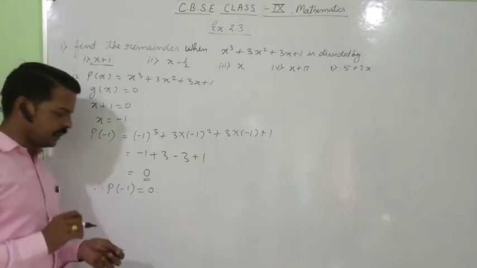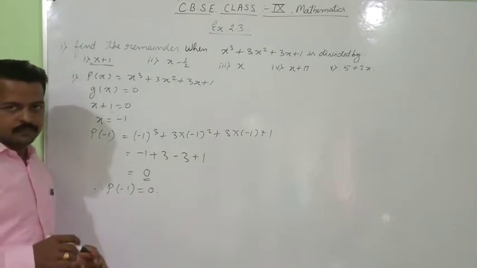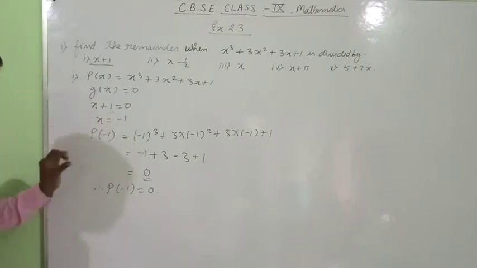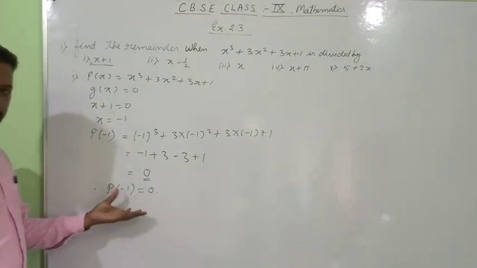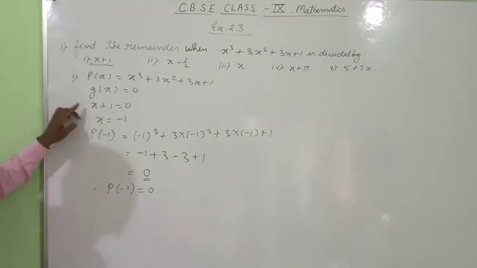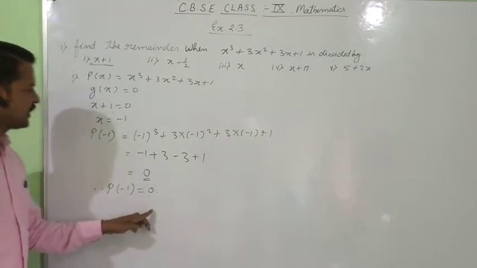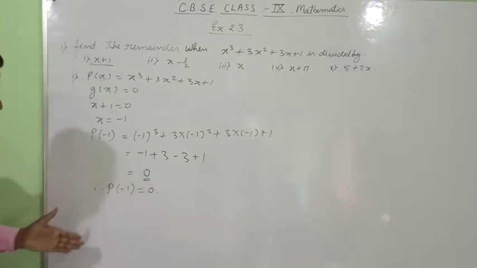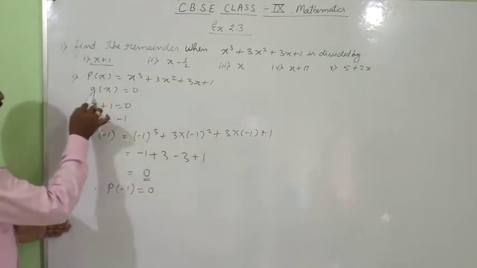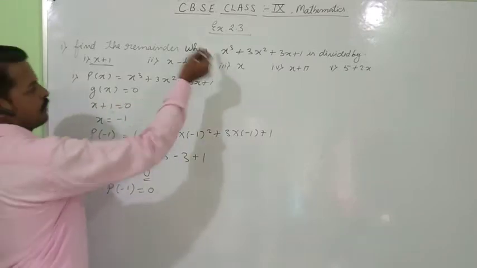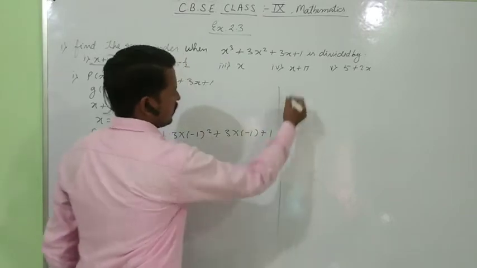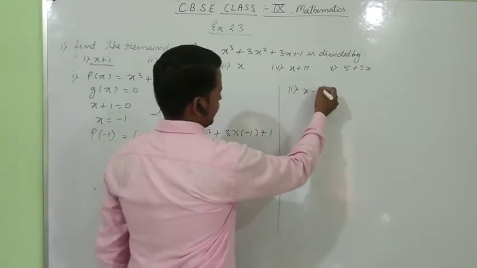In the next exercise we will learn how to find a factor, the factor theorem. Now I want to give one example of that because it is here only. If we are getting remainder as 0, we'll say that g of x is a factor of the given polynomial. So in this case you saw that the remainder came 0, so g of x, which is the divisor, will be a factor of the given polynomial. Okay.